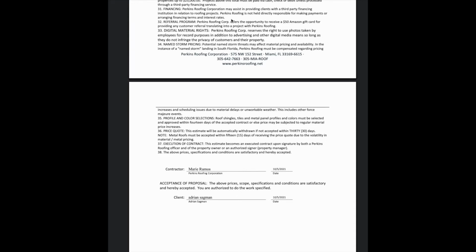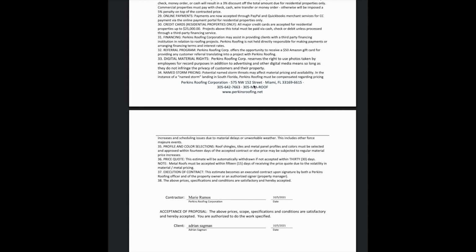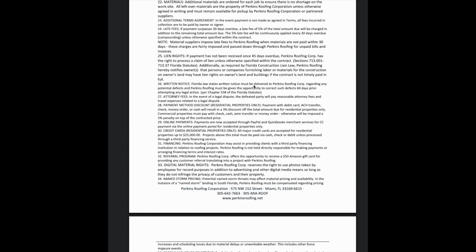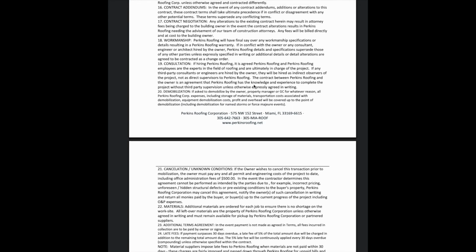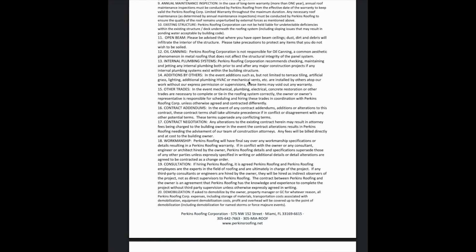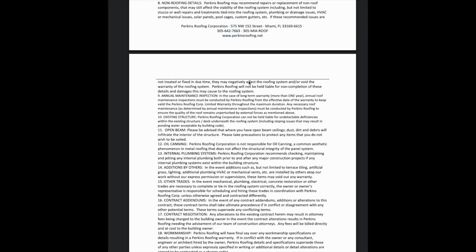37, execution of contract. If you sign this contract, this is an agreed-to contract. So these are the contract terms. You can see all of them in here. If you have any questions about any of the terms, please contact us at our phone number, 305 MIA Roof, and anyone in our office can answer any questions about the contract terms. But I wanted to make this video because some people have some confusion about some of these terms, and I wanted to clarify things, and I will attach this video every time that we send an estimate to help you understand better the contract terms